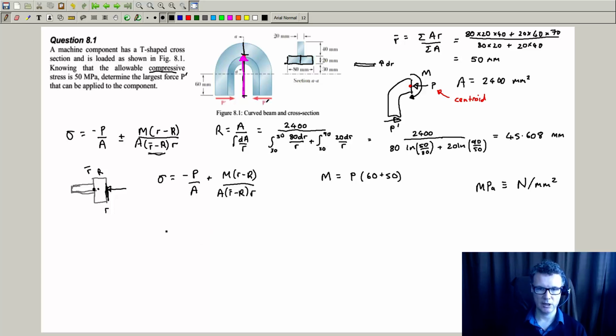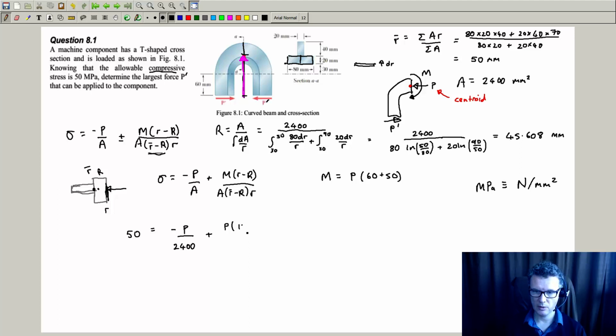So I should be okay. So I'm going to put 50 in, minus P, which should give me a value in terms of newtons, divided by the area, plus